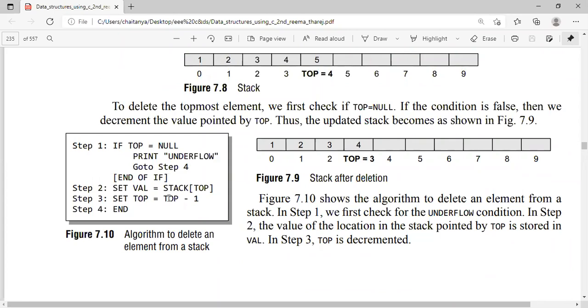Into that variable, I copy the present top element of the stack, so that will be deleted. Deletion means just decrementing top, that's enough. Okay.